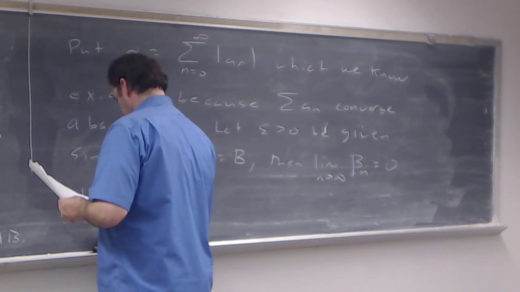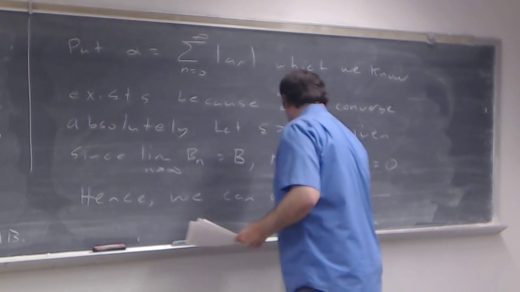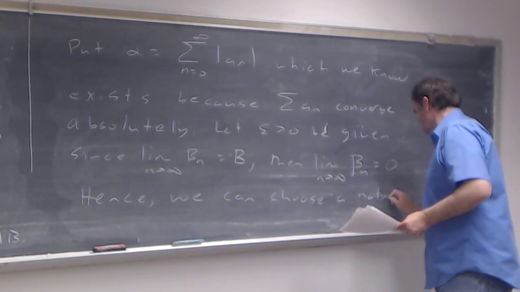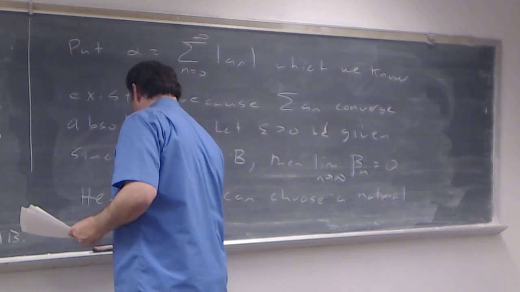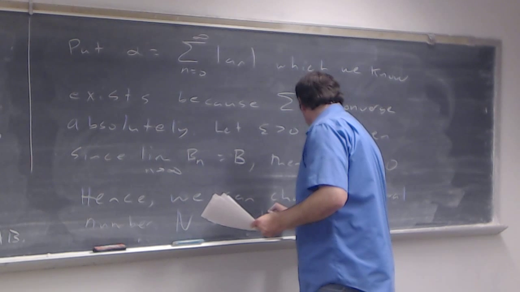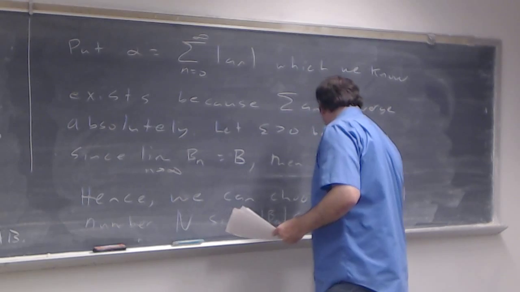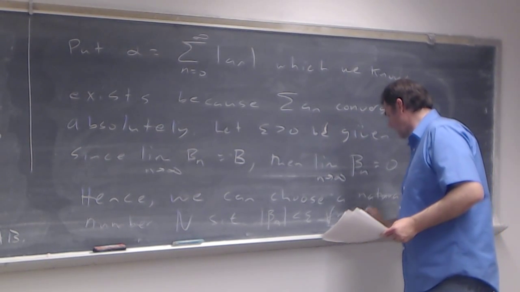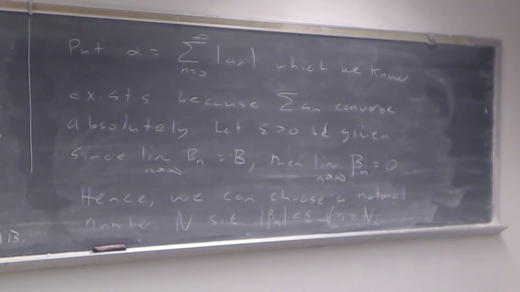Hence, we can choose a natural number big N such that the absolute value of beta sub n will be less than epsilon, because of this limit, for all little n's bigger than or equal to this big N. Okay. Now,